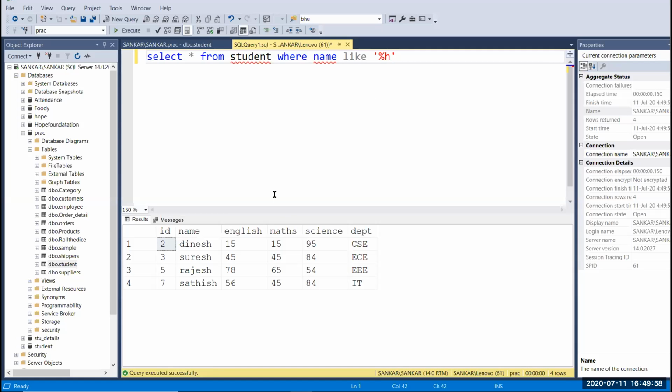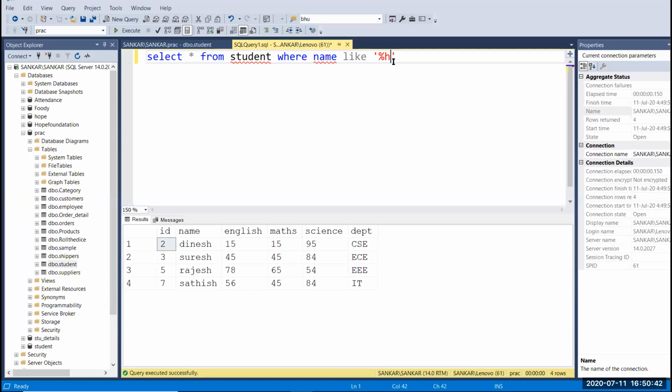Now you can see we have 4 names that all end with H. So if you want the names to end with some other characters, you have to pass your characters after the percentage symbol. That's all.